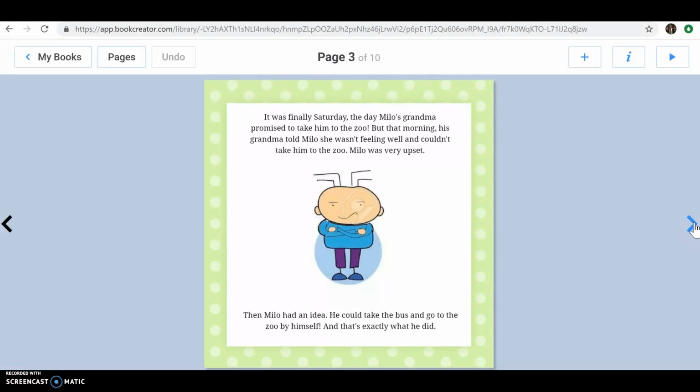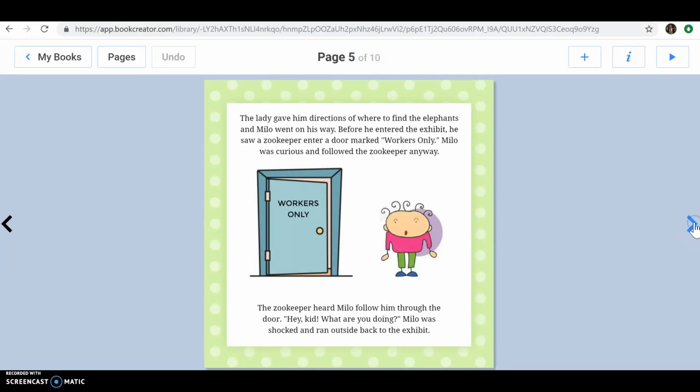So yeah, this book outlined some mistakes, such as entering places that are off limits or specifically marked not for the character, who's a young child in this case. This example was about him entering a door that was labeled workers only at the zoo. And again, the goal is to make connections to how this can apply online. This specific example, I made a connection to students or young children accessing sites or explicit material that